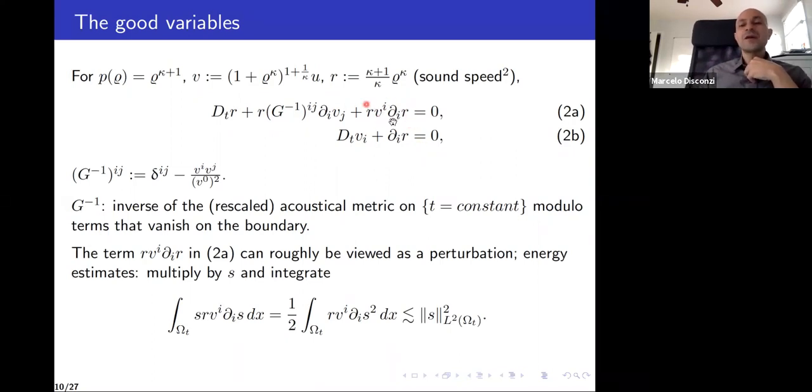Now, it turns out that this term can actually be treated as a perturbation in a certain sense. To see this, imagine you're deriving estimates for this equation. You're treating the differentiated R as the variable you're estimating, the second R as a coefficient. So let me call the differentiated one S. You multiply this equation by S, and then you get a perfect derivative which you can integrate by parts. So you end up with some standard estimate of the L2 type. So this last term, we're going to be able to treat essentially as a perturbation, even though it's a term that looks very different from what you see in fluids.